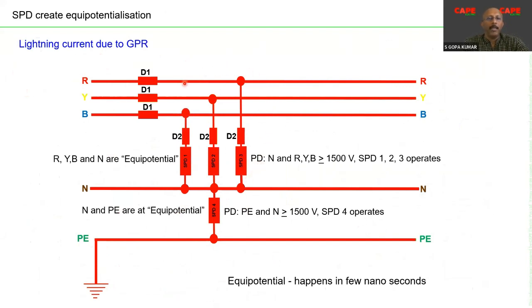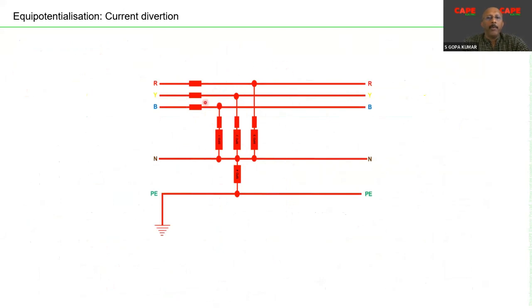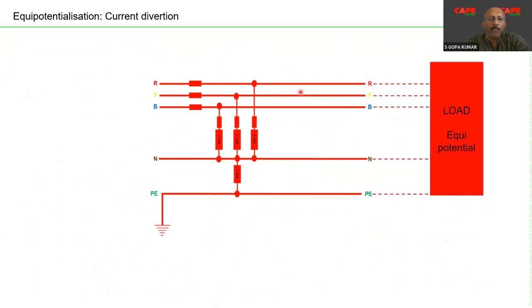So basically, even if we say that SPDs are diverting current, before diverting current, it is creating a bonding. Then the current is diverted. Now, imagine you have a set of SPDs at the origin of installation. From the origin of installation up to the load, if the length of the line